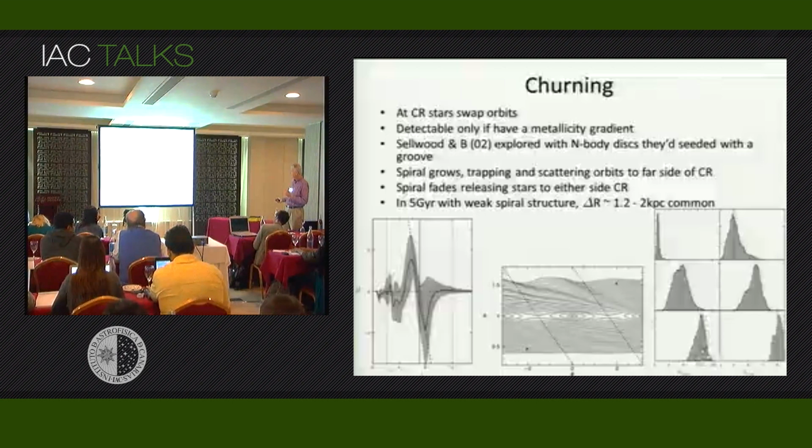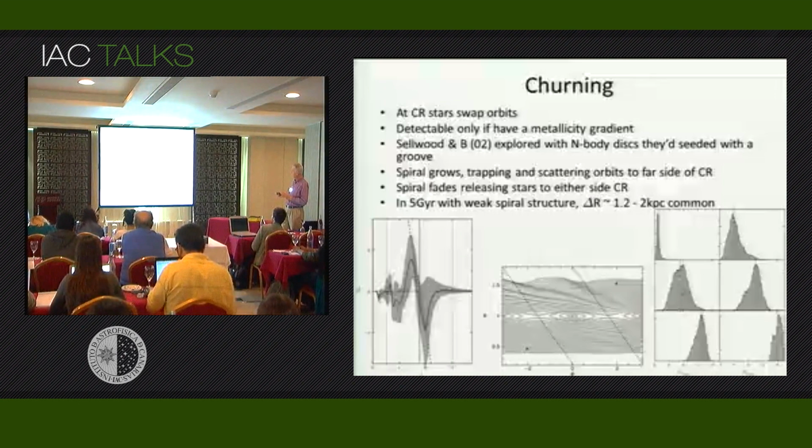And then it's possible at the end of the experiment to ask, at what radius do we now find stars? What is the guiding center radius? So what's the radius associated with the angular momentum of the stars which, for example, originally had guiding center radii here? Well, the answer is it's this kind of broad distribution. This is a histogram of the final guiding center radii of the stars that initially had this guiding center radius.